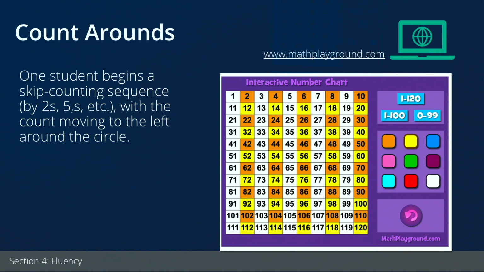You might also use some virtual manipulatives to help students understand a skip counting sequence. So for example, here I've highlighted the skip counting sequence when I'm counting by 2s. I could also then think about, well, what would be the skip counting sequence, but counting by 5s or 10s or 100s. If we look at a 100 chart, or on this it's a 120 chart,